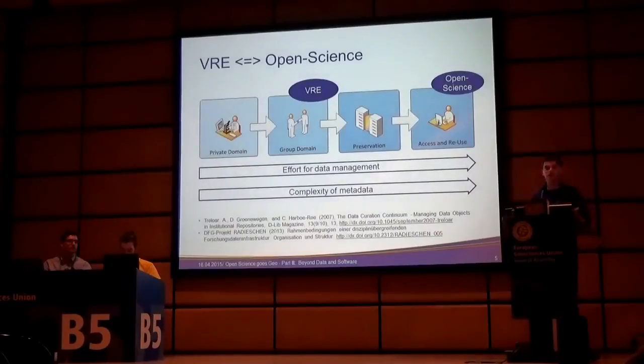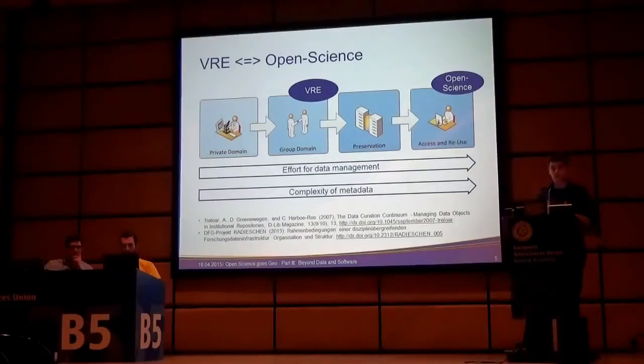Okay, how are virtual research environments connected to open science? For this, a diagram which goes back to Treloar et al. and was significantly improved by Jens and myself and other people in the Radieschen project, is quite helpful. If you look onto research data in these four different domains, the private domain is basically the private workstation of the researcher. The group domain is when the researchers form collaborations and work together on infrastructures on the same set of data, but still in a relatively small